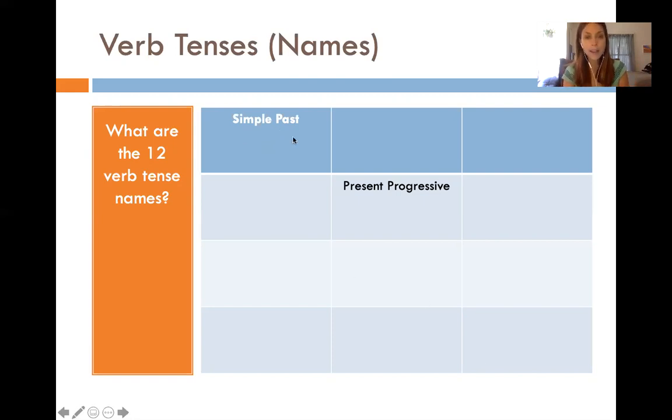So we have simple past, simple present, simple future. Okay, then we're going to have past progressive, present progressive, future progressive. So then fill out the rest. Pause this video. Okay, so at this point, you should have filled in all of the blank spaces with our 12 verb tense